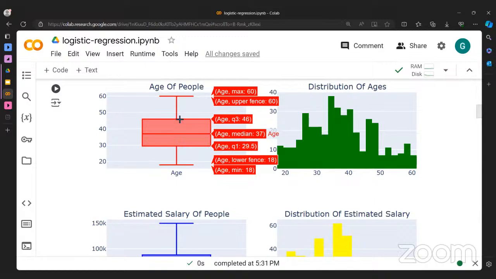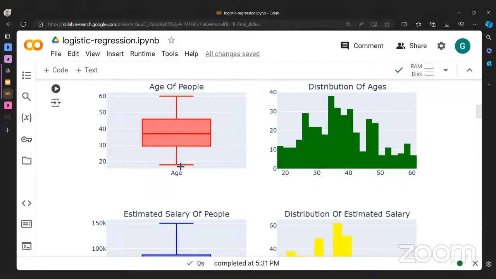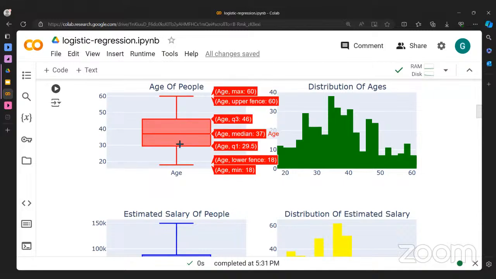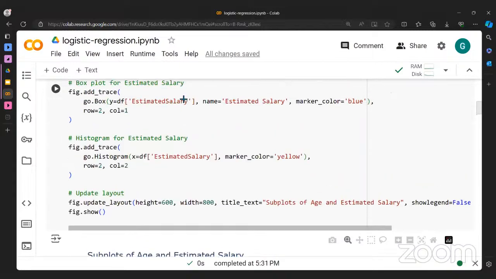And mostly we use box plots to detect outliers, right? But then again, the interpretation is: this is the minimum value, this is the first quartile, this is the median, otherwise known as the 50th percentile, this is the third quartile, and this is the upper fence. Now, had there been an outlier, like in this case now,